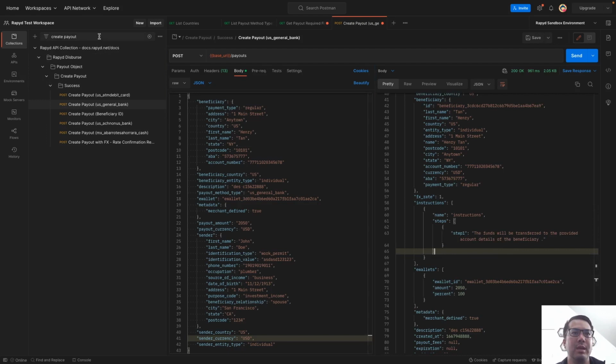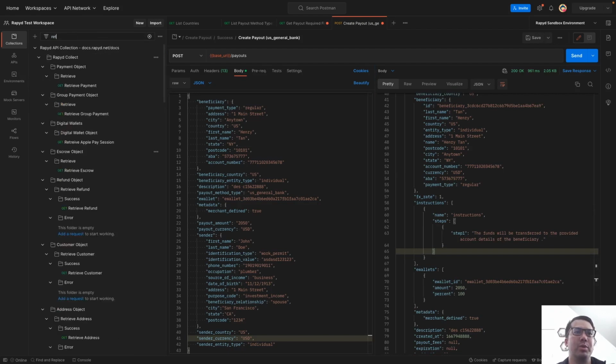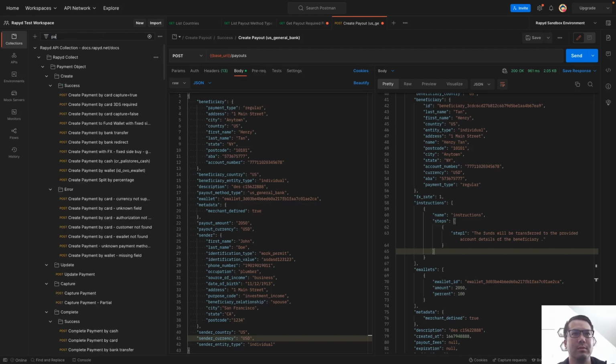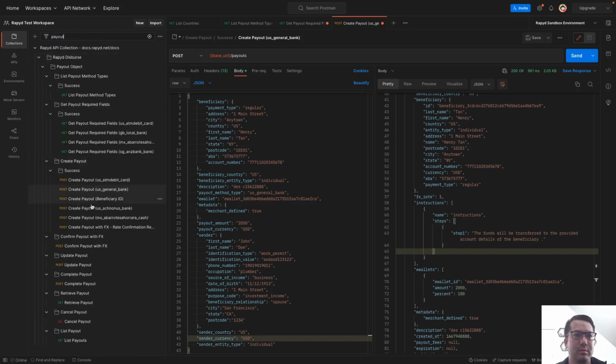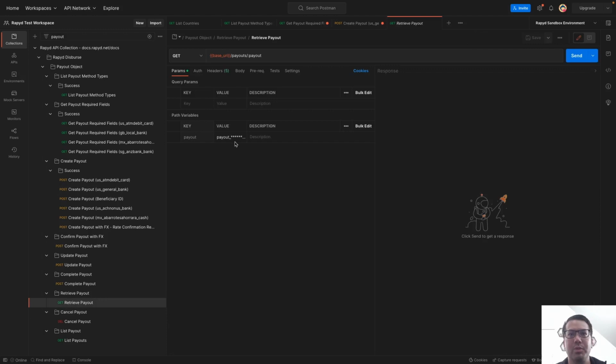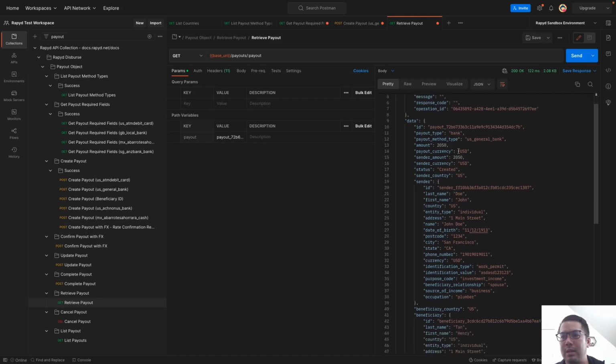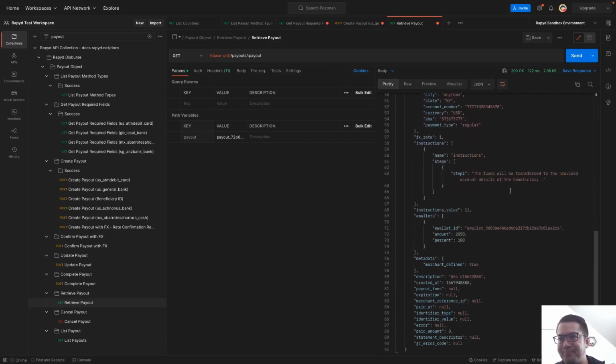So let's see what we can do to retrieve payout. We're going to retrieve payout, and this is going to pull up the information. It's created. This is a success, and the payment is